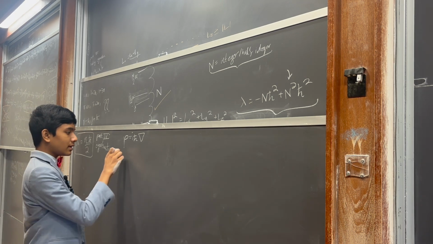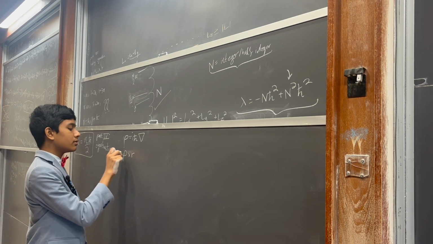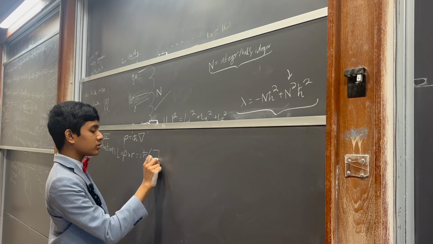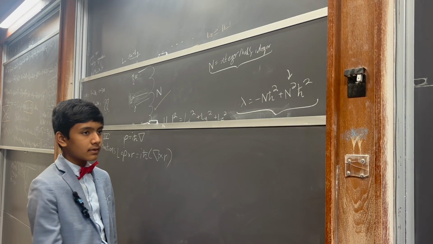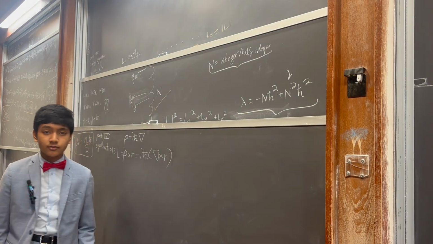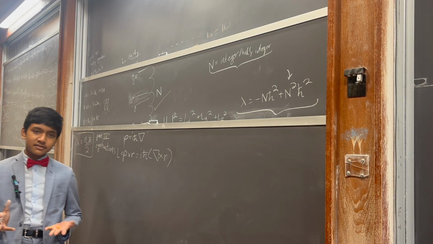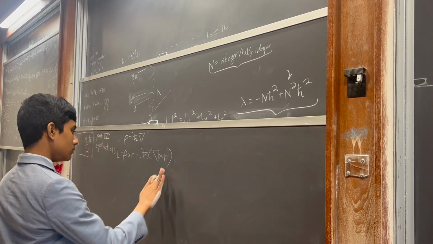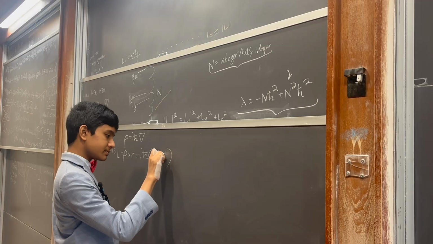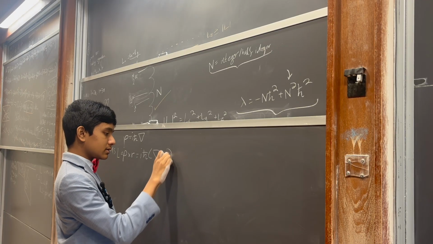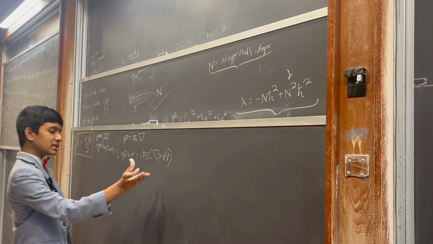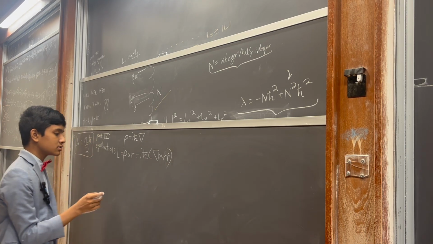So then that means r cross P, which is angular momentum, is just r cross i h bar nabla. Now what I'm going to do is convert to spherical coordinates, which sounds like a dumb decision, but we don't have many other choices. So r becomes r the scalar times r hat, the unit vector. Expanding this out gives us